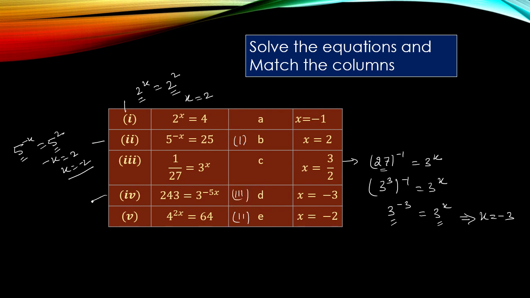Now coming to the fourth one, and now we are finding 243 is LHS. We can write 243 as 3 raised by 5, keeping RHS as it is, that is 3 raised by minus 5x. Our task is completed now. Bases on both the sides are equal. So we can compare the indices right now. 5 must be equal to minus 5x. So we can say x is equal to minus 1 is the solution of the equation. And we are finding solution of the equation 4 is option A.